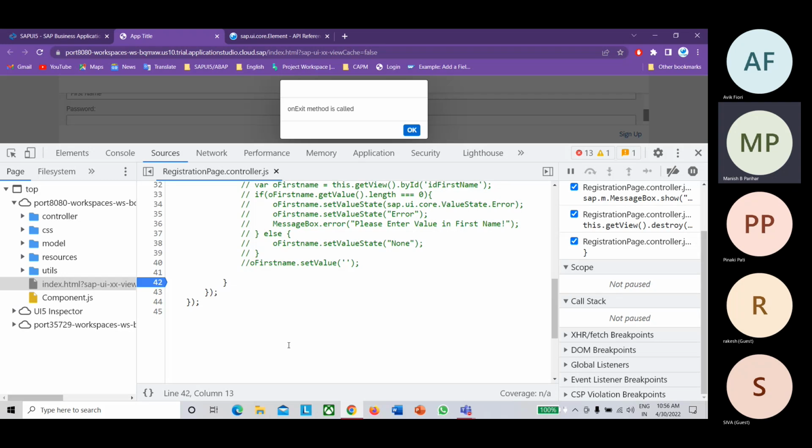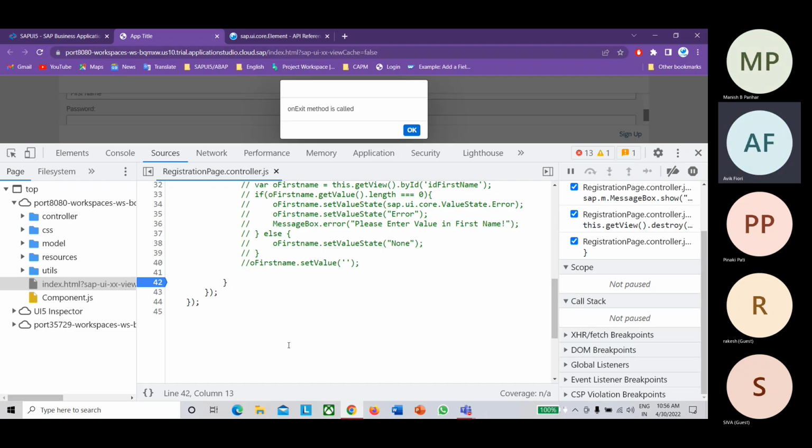So you mean that on exit will only clear the current view content? No, not about the current view. It's global. This on exit method will be called only once for the entire app. Not for each controller?